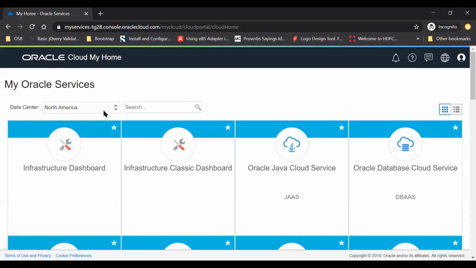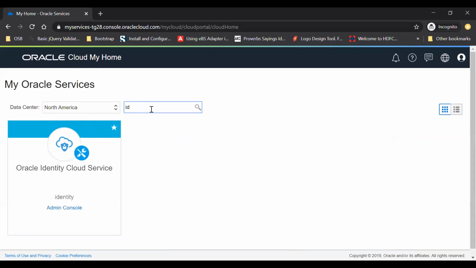When you log in successfully, you will land on the My Services page. Sometimes you don't come directly to the My Services page. You come to the OCI page, from where you can get to this page from the upper top corner. By default, I have logged in to My Services, and from here there are a lot of applications. I will go to IDCS by selecting the ID, and here just go to the admin console.